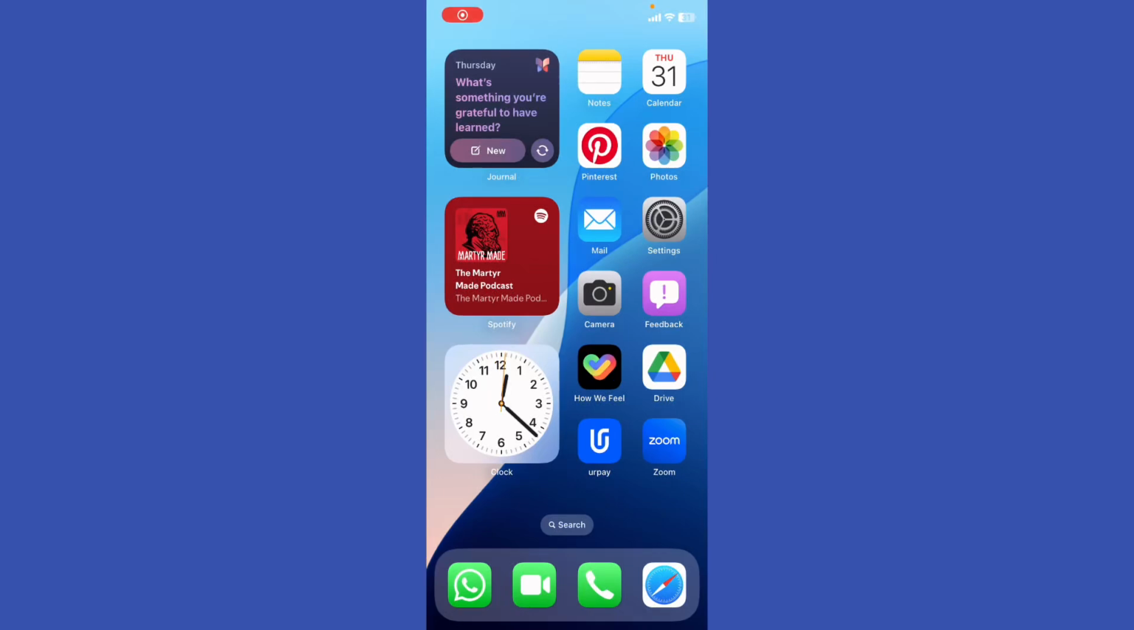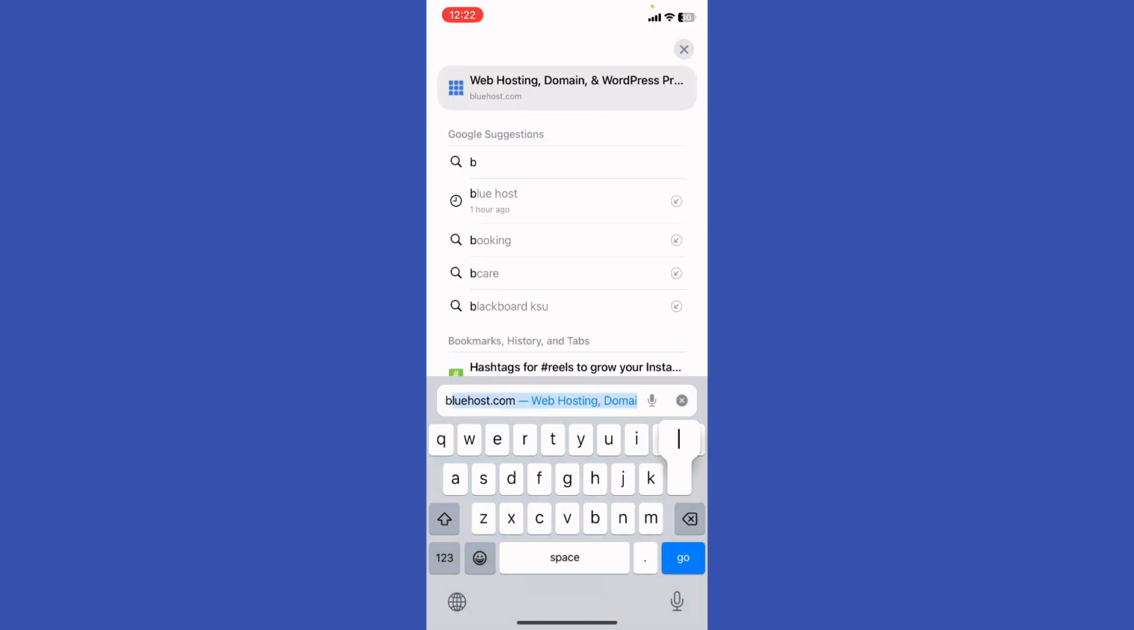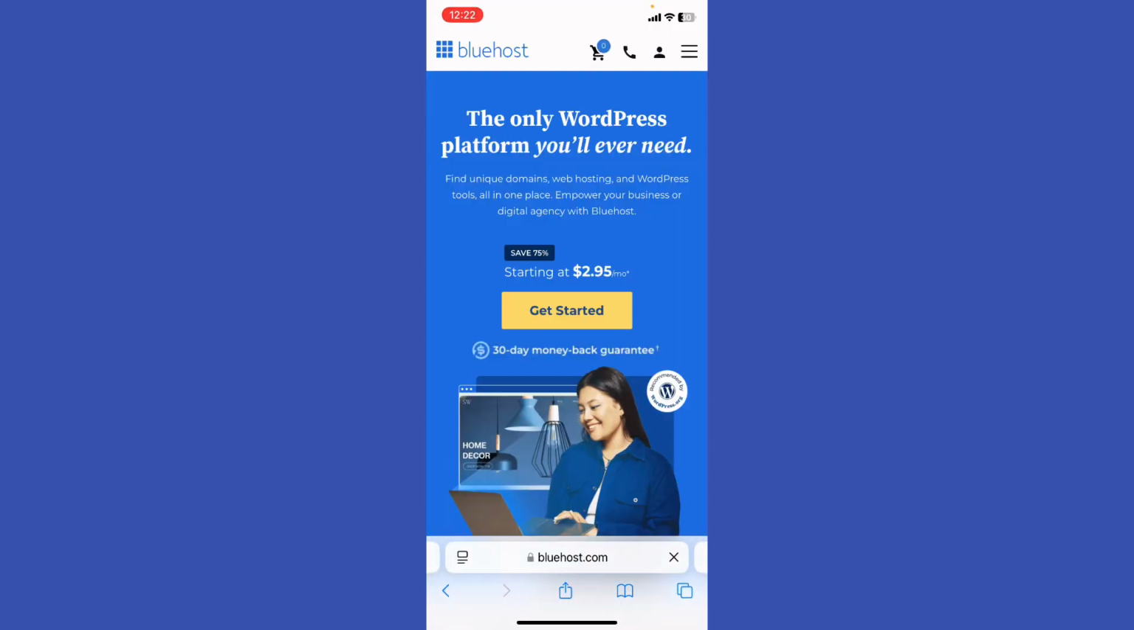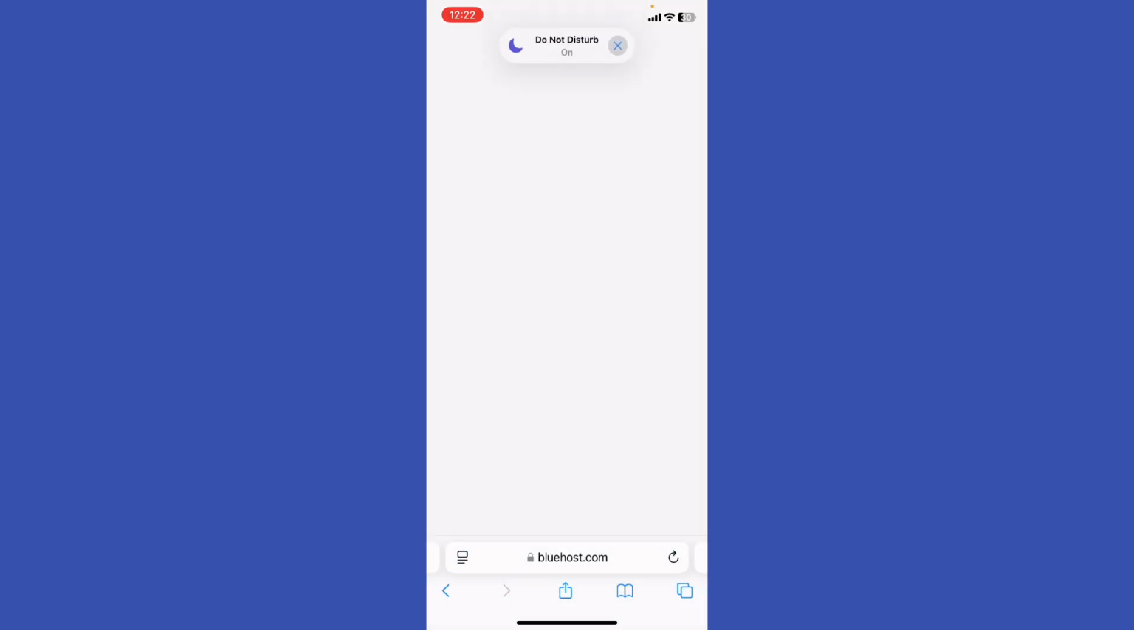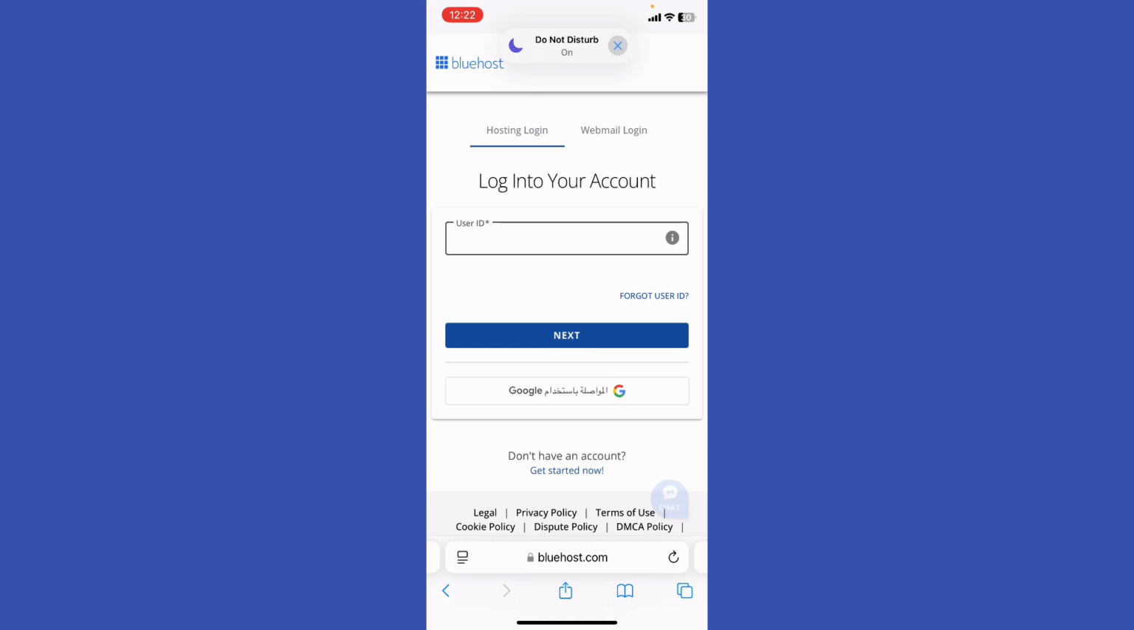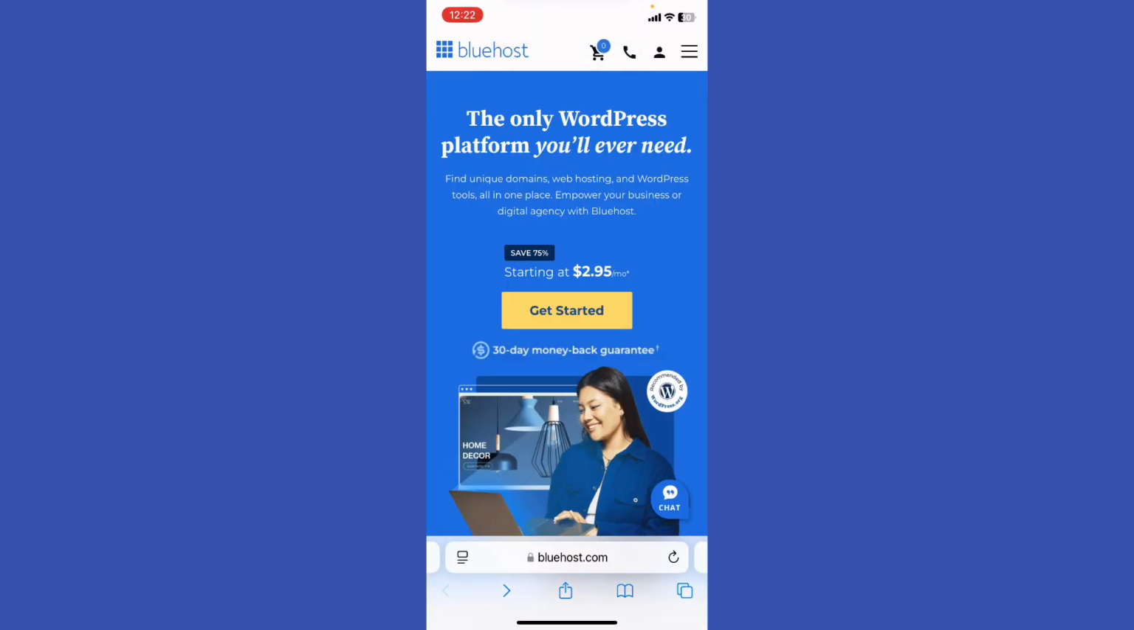How to create your first site on Bluehost. First of all, you need to go to the official Bluehost website and log in by clicking your avatar icon at the top right and logging in with your account, if you have it already. And next, you're going to install the